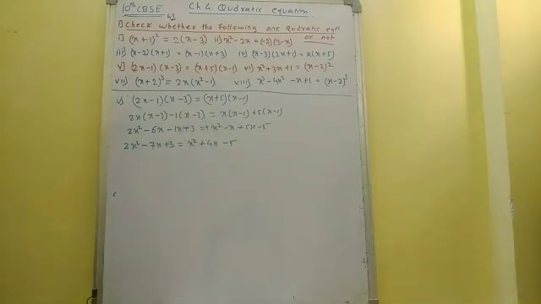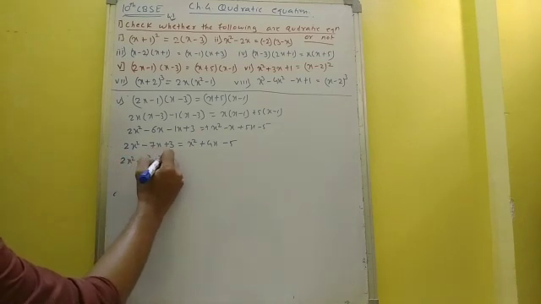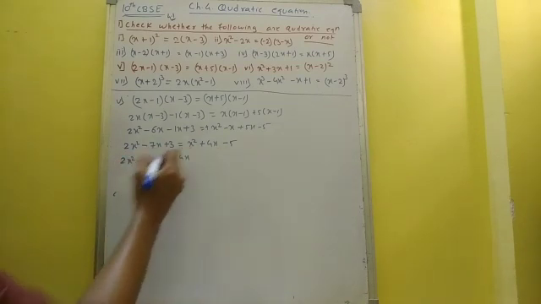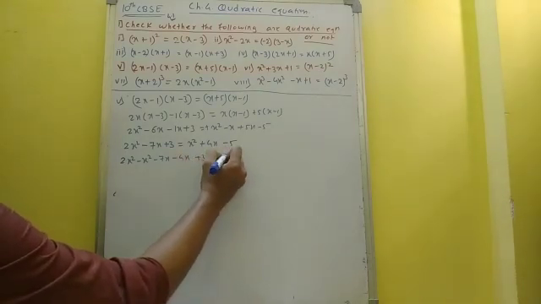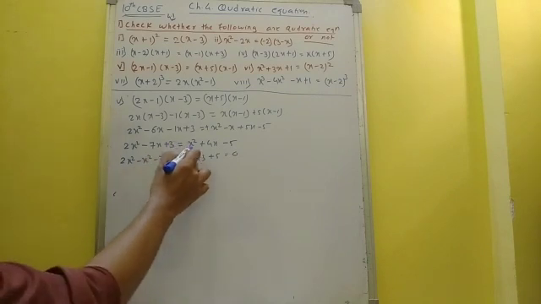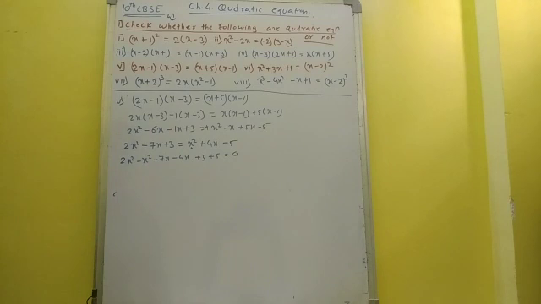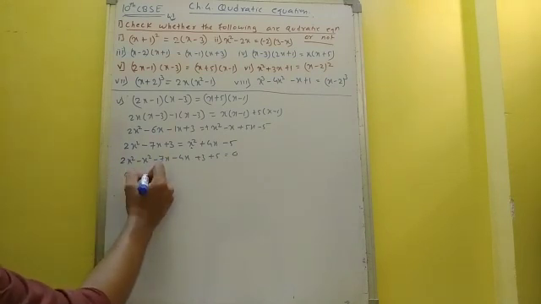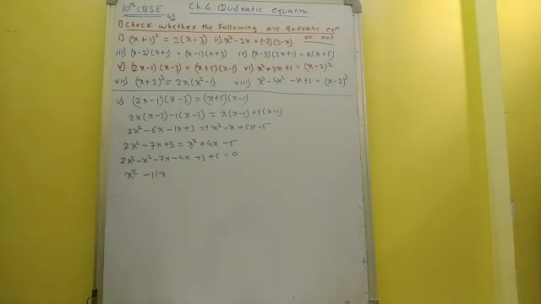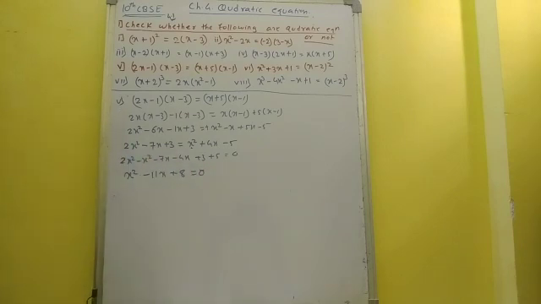So 2x square minus x square minus 7x minus 4x plus 3 minus 5 will come this side and plus 5. So see, this x square I have taken in the left hand side, 4x also in left hand side, minus 5 is also left hand side. So 2x square minus x square is x square, minus 7 minus 4 is minus addition, minus 11 plus 8 is equal to 0. Okay, so this was the fifth one.